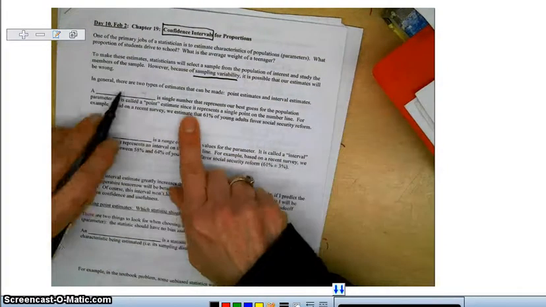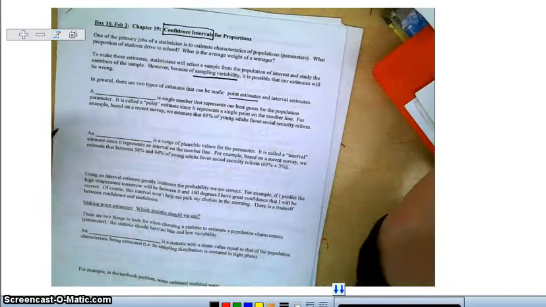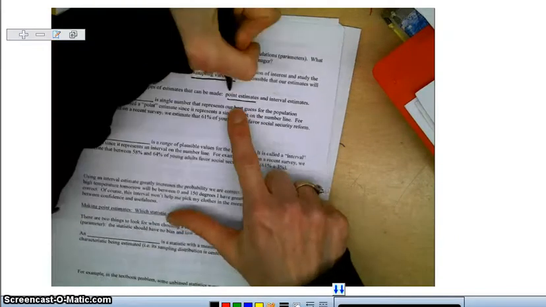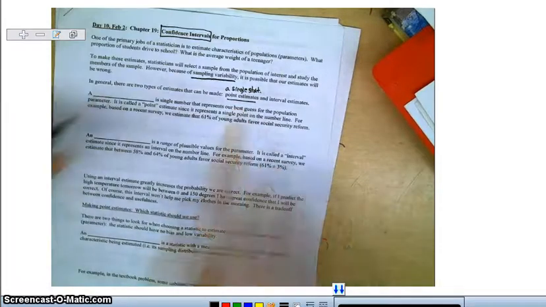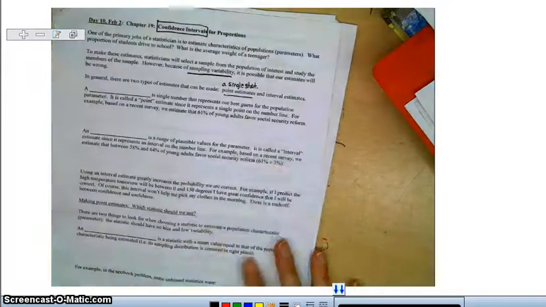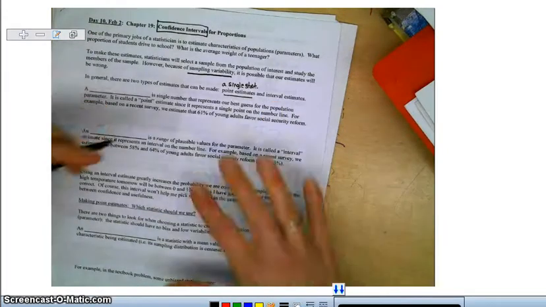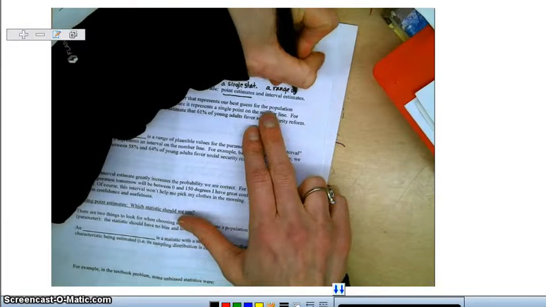Okay, so in general there are two types of estimates that can be made. Point estimates. All we have made so far are point estimates. We go out, we collect a sample, we write down the data from our sample. That is a point. A point is a single thing, one number, one statistic. Okay? A point estimate is a single statistic, a single stat. Okay? One piece of information. Okay? And now we're going to move up and we're going to find interval estimates. Interval estimates is a range of a statistic.